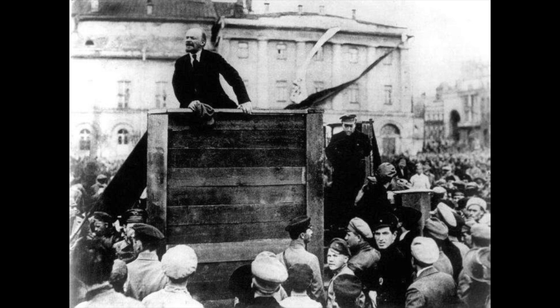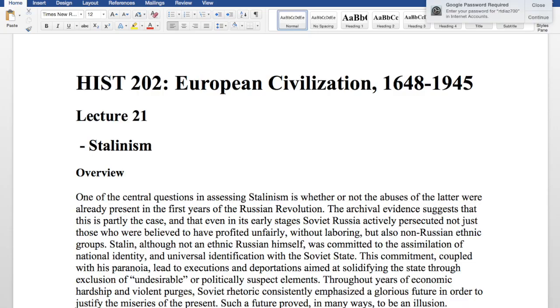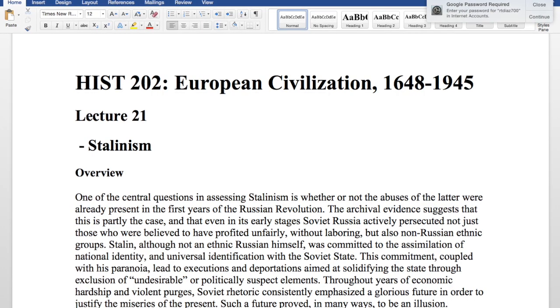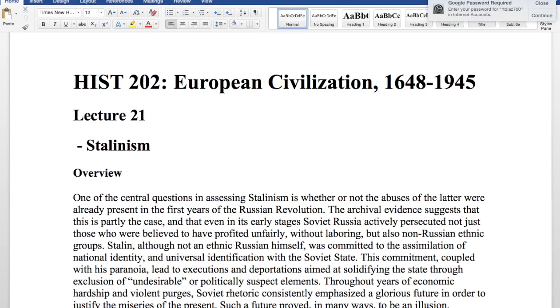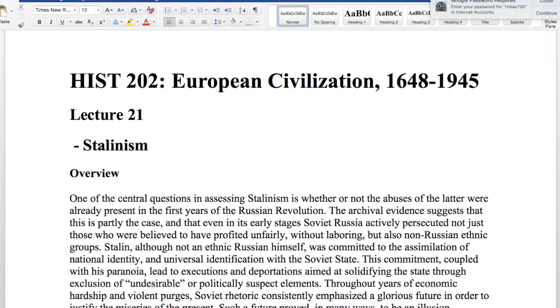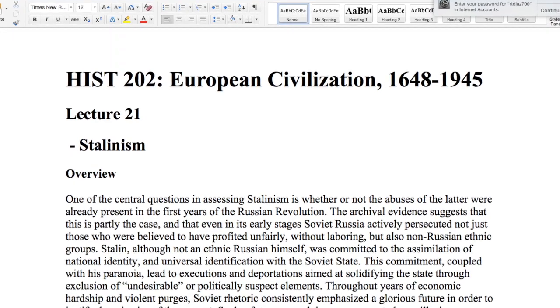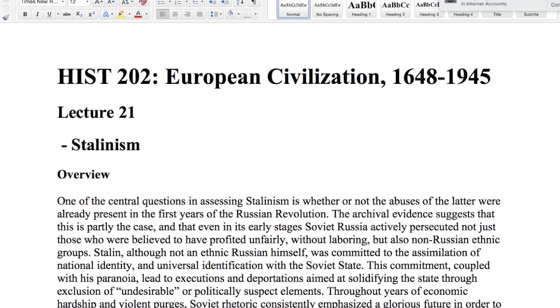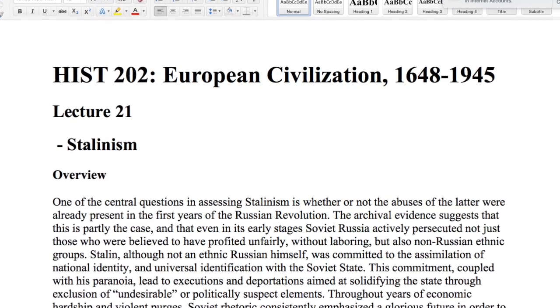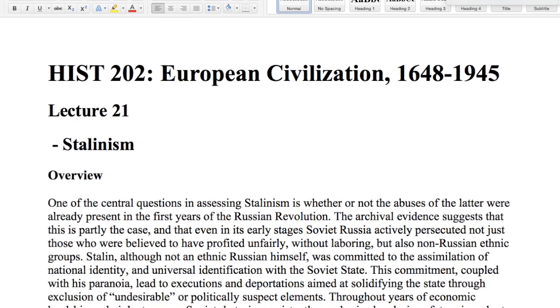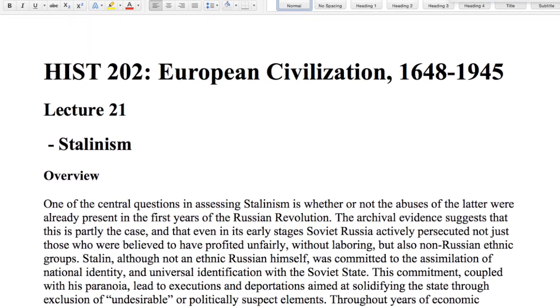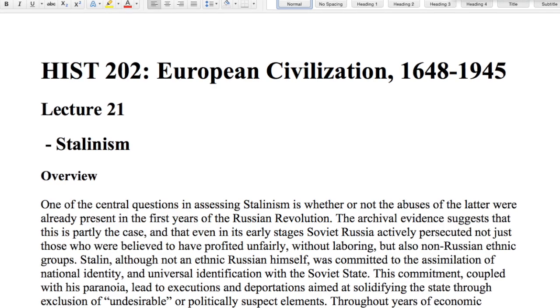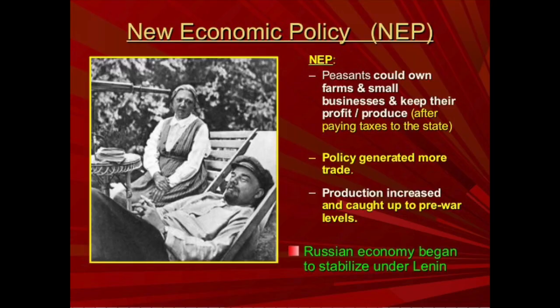So after Lenin eventually dies in 1922, Stalin takes power, and so that's what we're going to focus on for a little while. There's this great open Yale course lecture on the rise of Stalin and its impact on Russian society and the Soviet Union ever since. Stalin was a dictator of the Soviet Union from 1929 to 1953. Under Stalin, the Soviet Union was transformed from a peasant society into an industrial and military superpower. However, he ruled by terror, and millions of his own citizens died during his brutal reign. So we're going to talk a little bit about Stalin today. So back to Lenin.